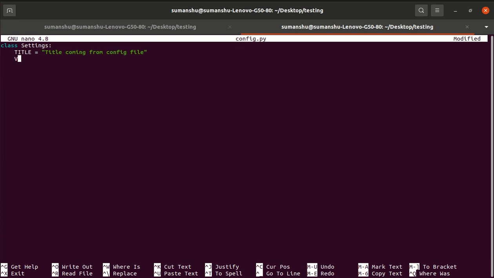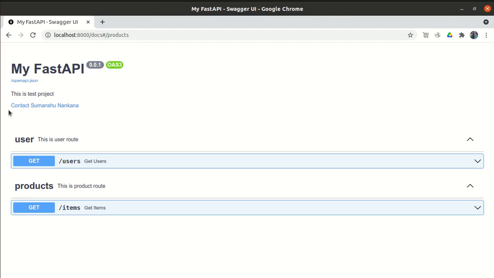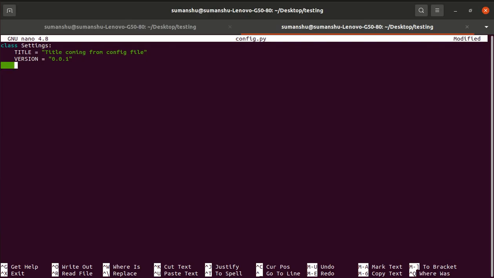Now we have to give the version as well, so let's give the version 0.0.1. We can give the description as well.